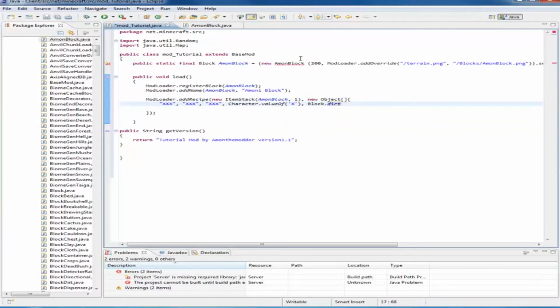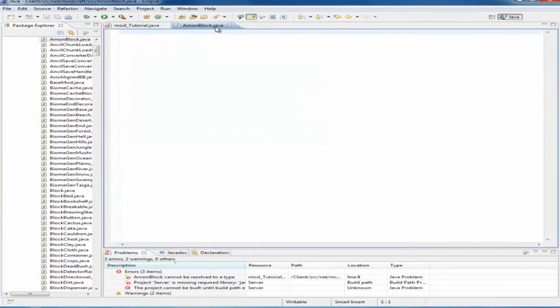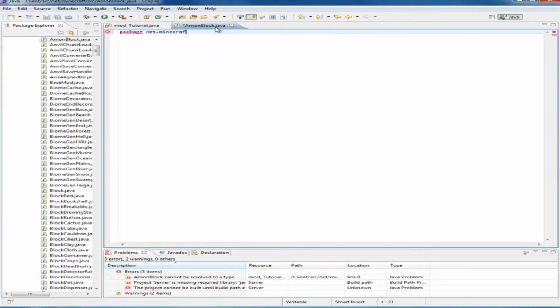So there you go. We just created our mod_ file, so just save that, and then go into a mod block. Here, this is a couple more lines of code, and then you're nearly done. So here we have to do the package thing again. Package.minecraft.source and a semicolon. Then import